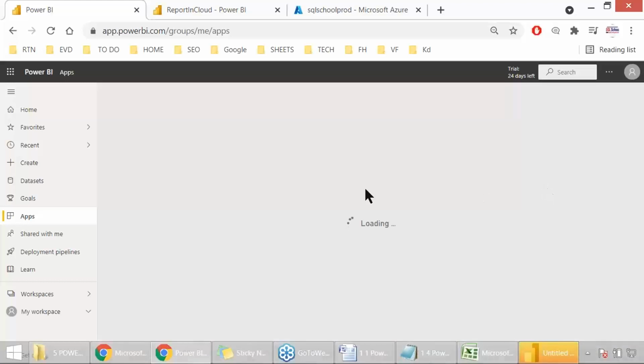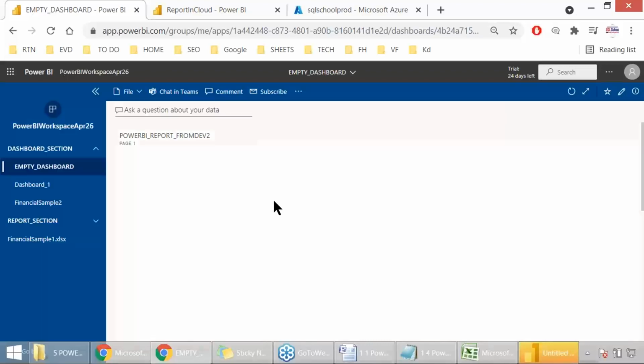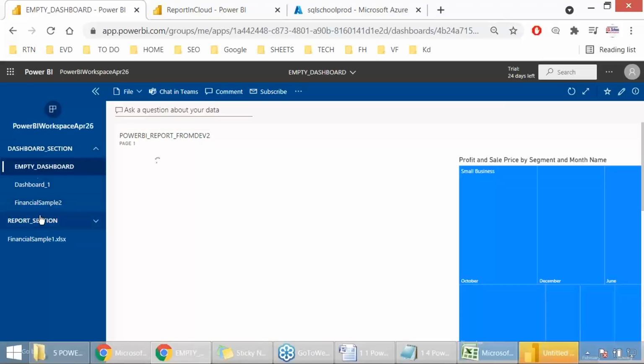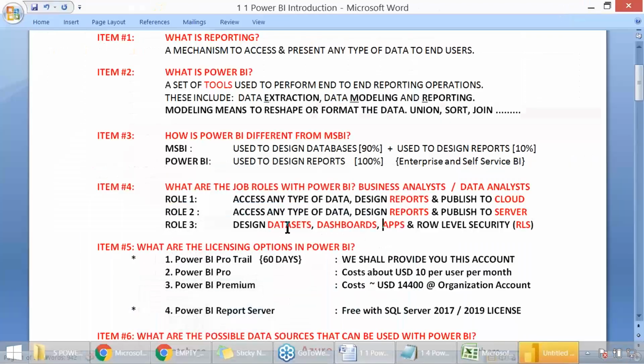Inside the app, what we do? We arrange some reports and dashboards, not data set. Not the ingredients. I mean it. Your ingredients will not go to the dashboard. Your ingredients will not go to the parcel, only the recipe and the platter or the arrangement of recipes. Something like that. And we need to enjoy row level security as well.